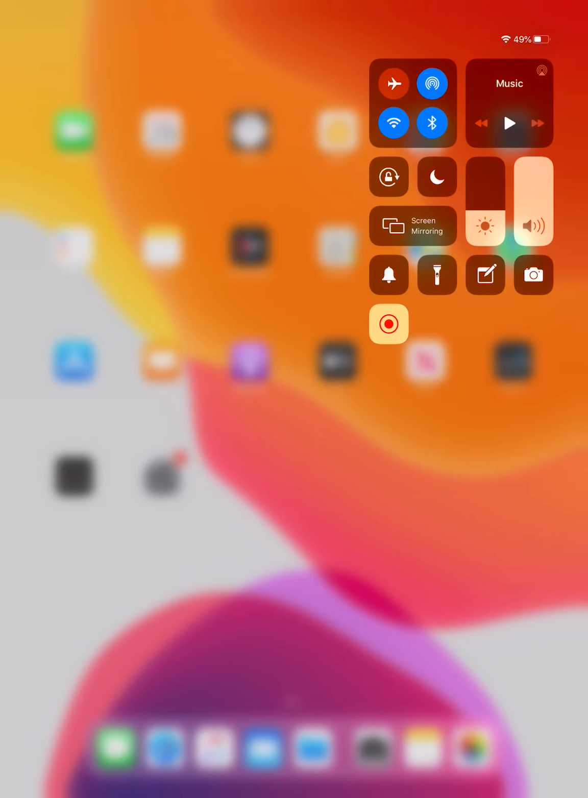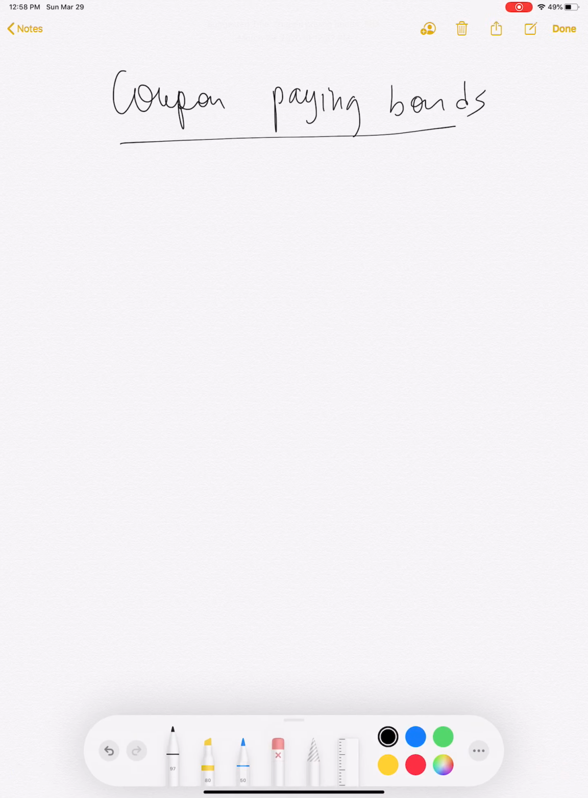Okay guys, so let's look now at another example. Now we're going to do coupon paying bonds. Suppose now that you have the following. You have a bond where the principal is $50, this is your bond, and you're going to pay a coupon after half a year